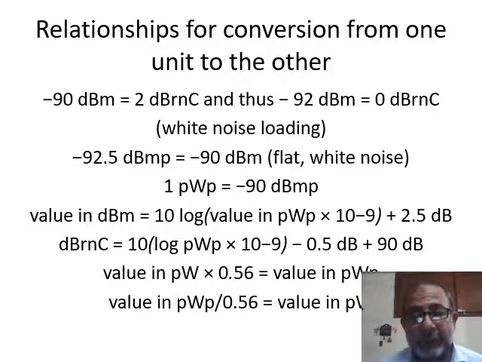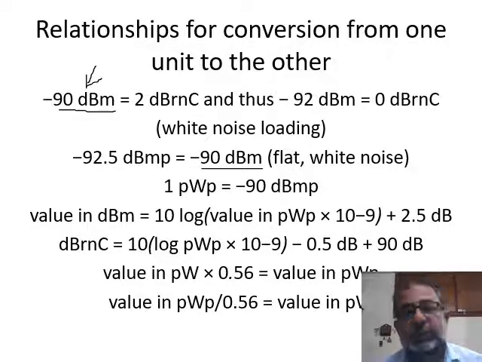You can see that we are referring to the same absolute power value here and here. In this case we are using the C message system, and here we are using the psophometric weighting,